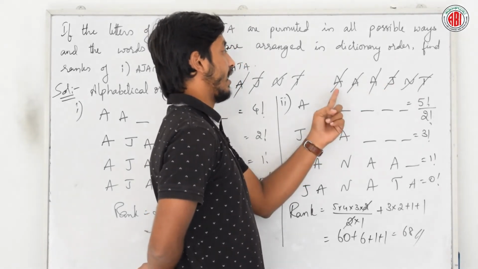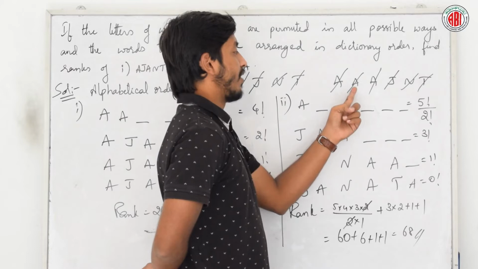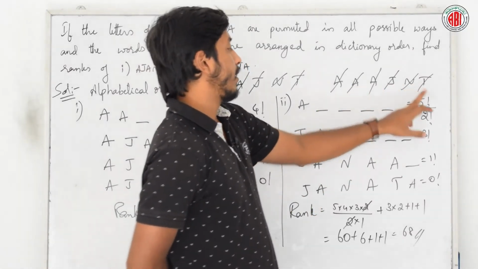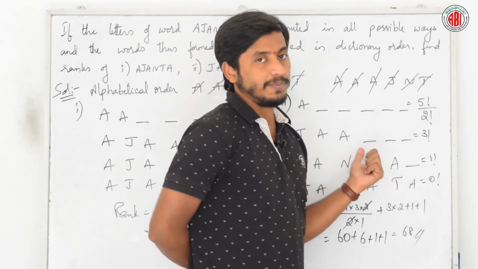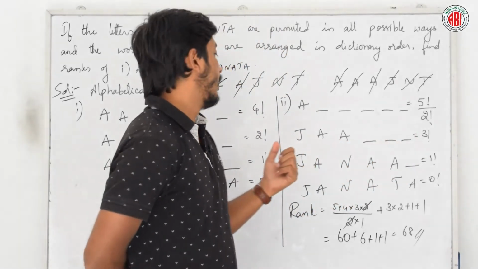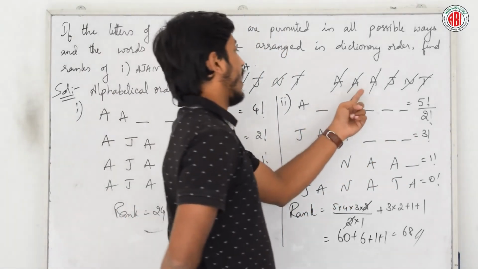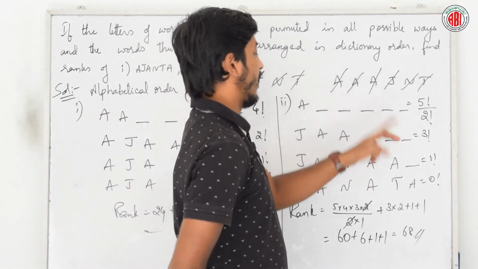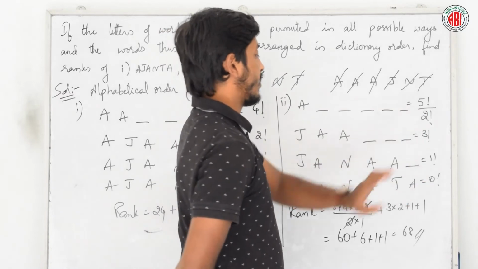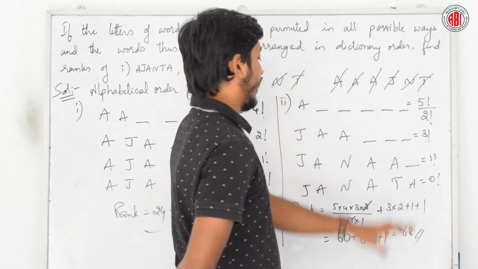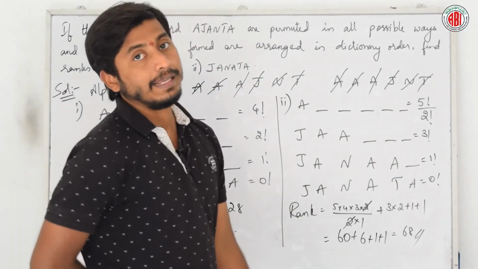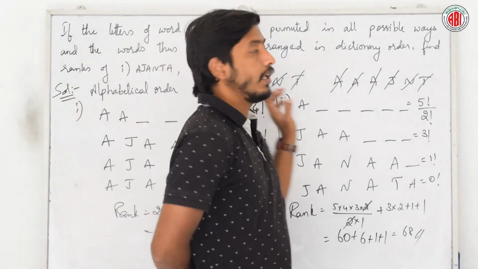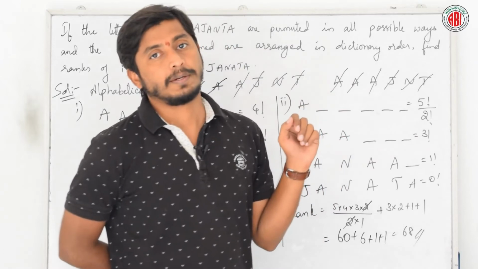After that, next comes the letter J. Yes, J matching, A matching. Then next one more A, is it matching? No, it doesn't. So we will write one more A and put the remaining A, N, T spaces. Right? Next J, A. After that one more N. N it suits. A again it suits. One more A, it doesn't suit, so we'll put one more dash and 1 factorial. Similarly, JANATA. Is it clear? This is how we will find the rank of a word with repetition.